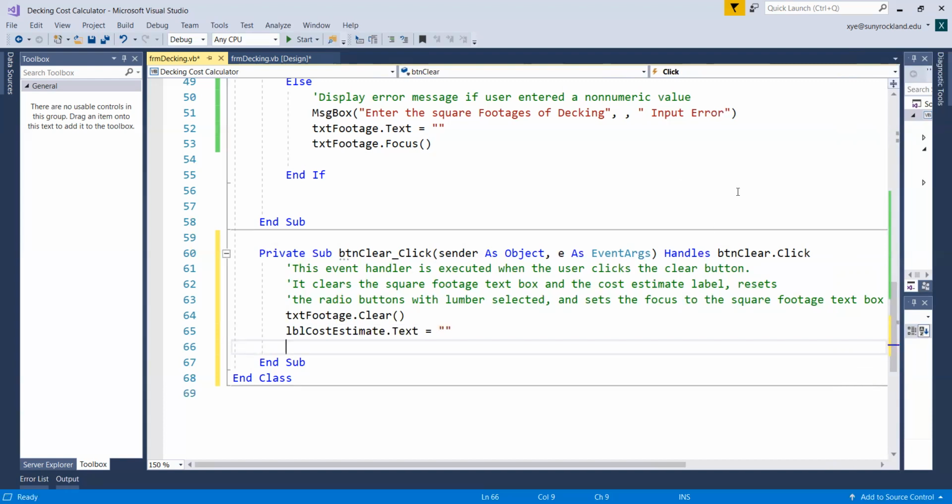So that is this sentence: clear the footage text box and the cost estimate label. Those two lines did this part. Okay. The next part is reset the radio button with the number selected, which means we want